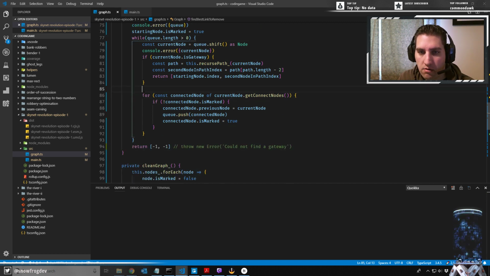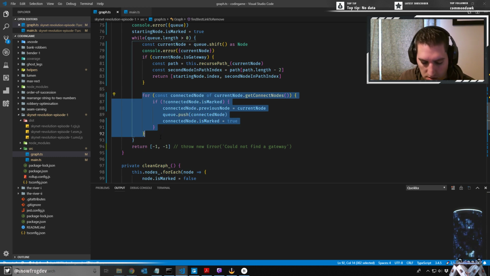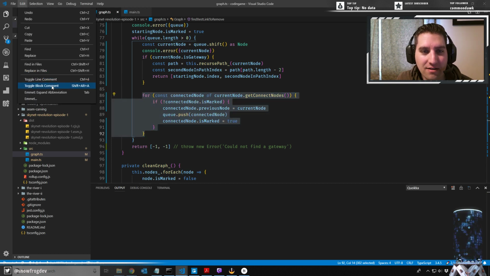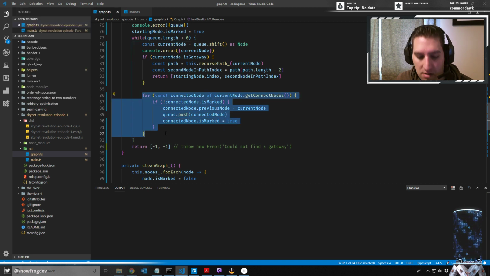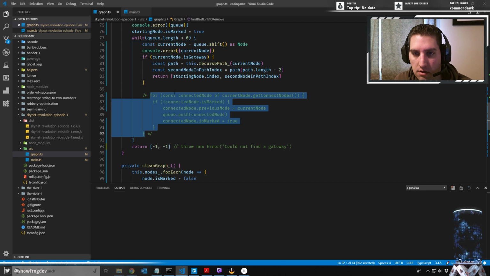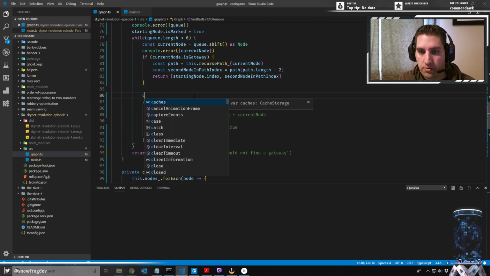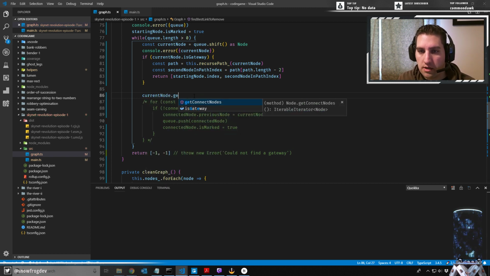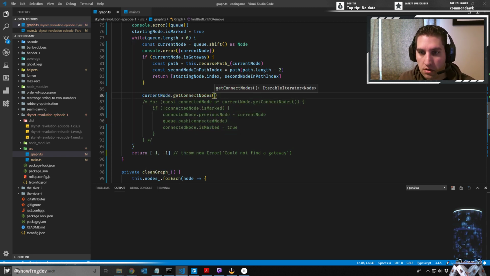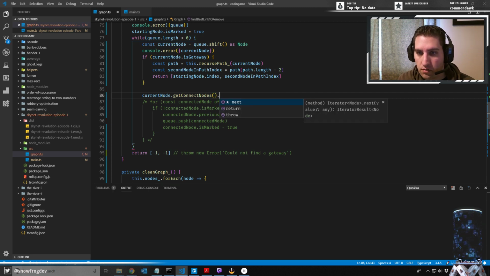I'll just comment out all of that. What's the shortcut again? Just for your sanity. Yeah. Keep forgetting the shortcut to toggle block comment, shift alt A. That's right. Good. Okay. Now we're gonna go current node dot get connected nodes dot, nope. Oh,